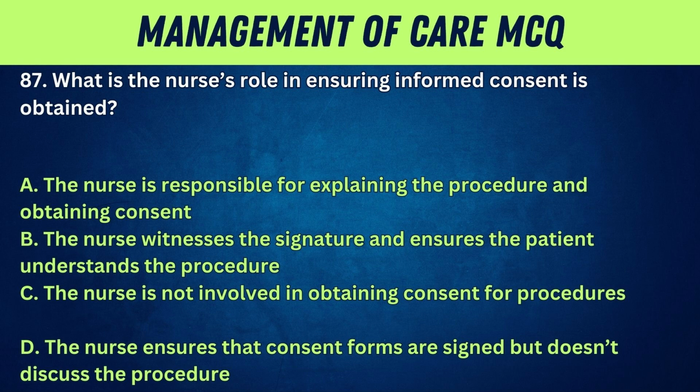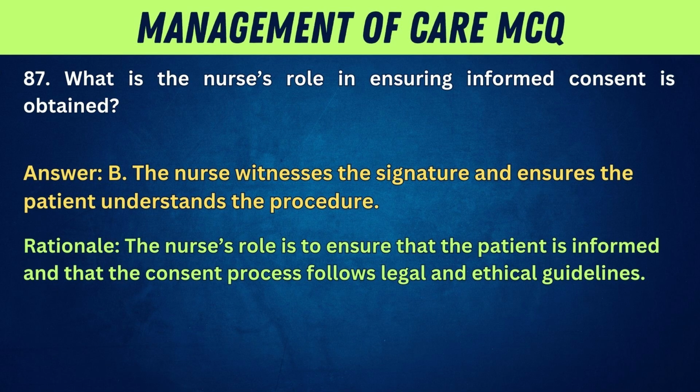87. What is the nurse's role in ensuring informed consent is obtained? A. The nurse is responsible for explaining the procedure and obtaining consent. B. The nurse witnesses the signature and ensures the patient understands the procedure. C. The nurse is not involved in obtaining consent for procedures. D. The nurse ensures that consent forms are signed, but doesn't discuss the procedure. Answer. B. The nurse witnesses the signature and ensures the patient understands the procedure. Rationale. The nurse's role is to ensure that the patient is informed and that the consent process follows legal and